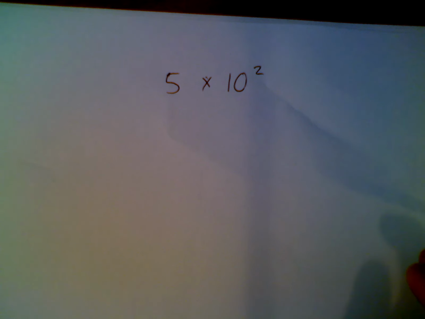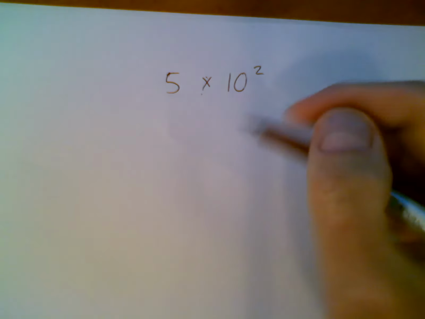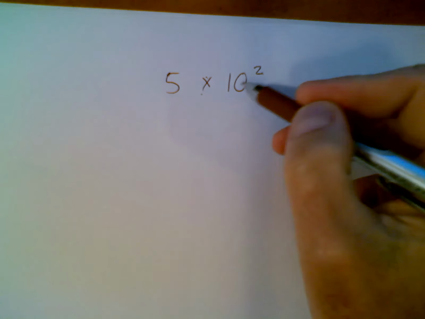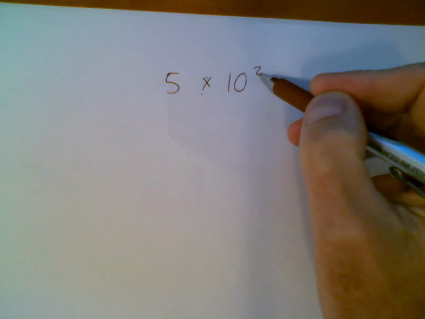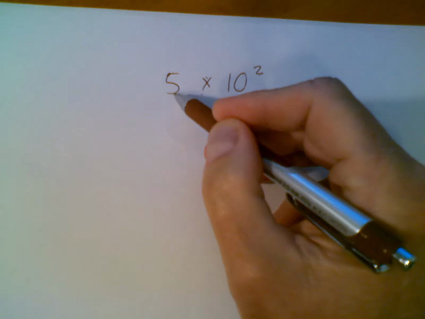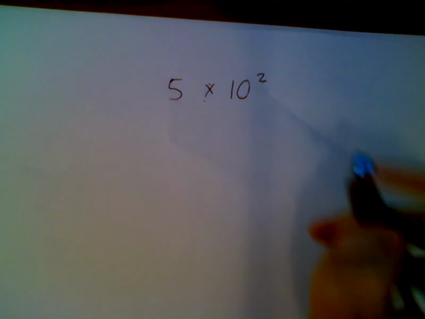I stopped by to show you a few things here that might give you some hints on working multiplication with exponents. Remember, this is an exponent, a base number with an exponent. The exponent is 2. This is, of course, the whole number. Okay. Now, remember, for